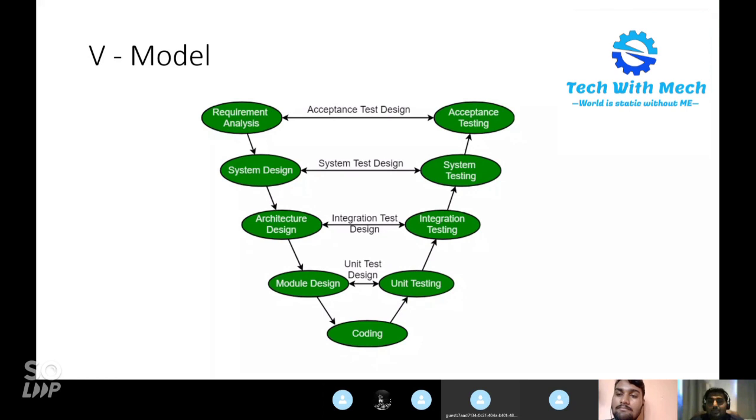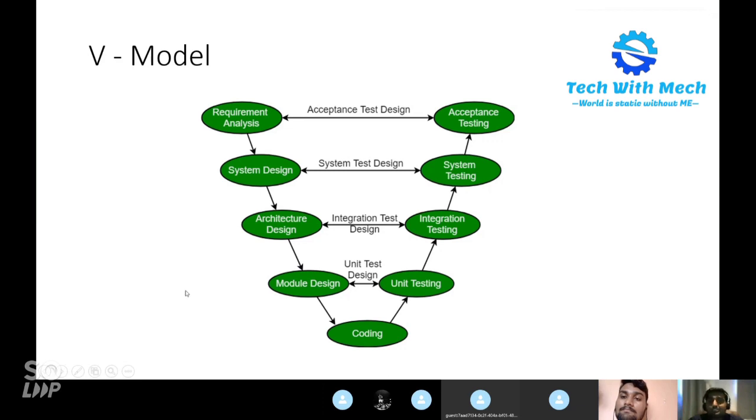For example, they will divide it part by part, and each one is called a unit. The module which communicates with the server is one unit, and the module which interacts with the cash machines to count the money based on the input given is another unit. Like that, they will have multiple units, and there will be multiple people, or sometimes the same person will be working on them. It depends on the complexity. If it is more complex, they divide it between multiple people. If it is simpler, maybe one person would do it. Then, as usual, the coding starts.